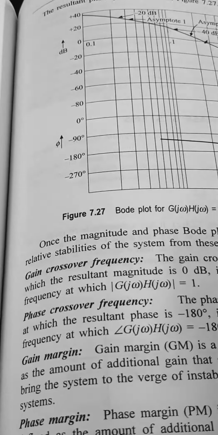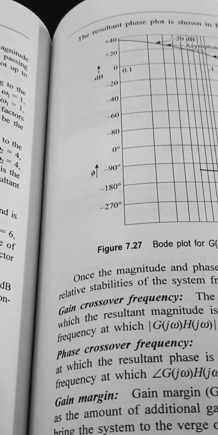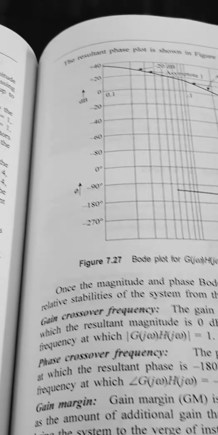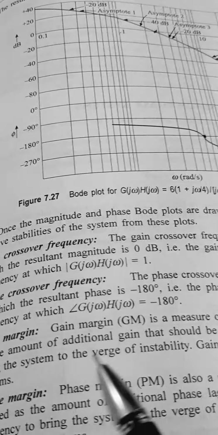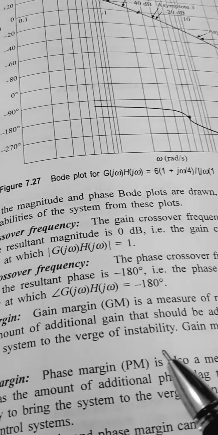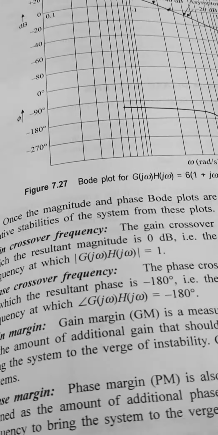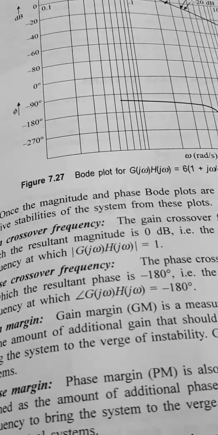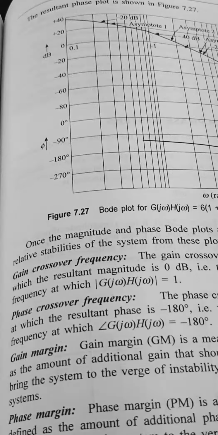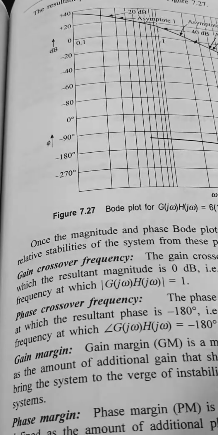After that, it is unstable. Okay, that is the factor you should understand here. Verge of instability. The border beyond that, it is totally unstable. Okay, so that is the important thing you should remember.